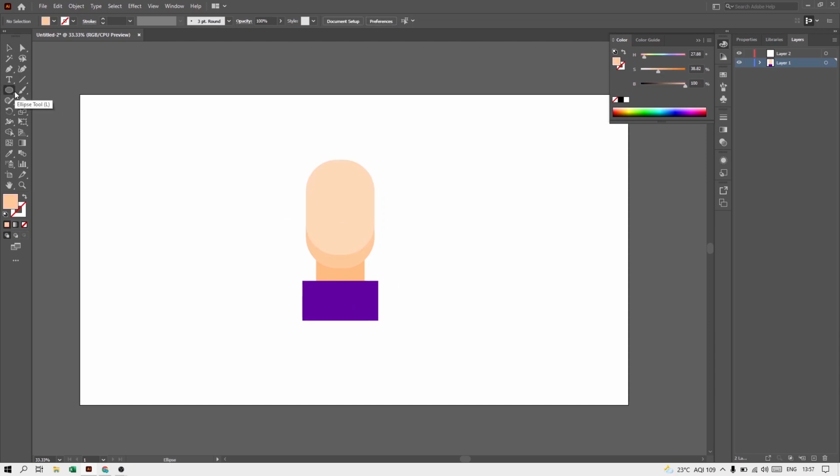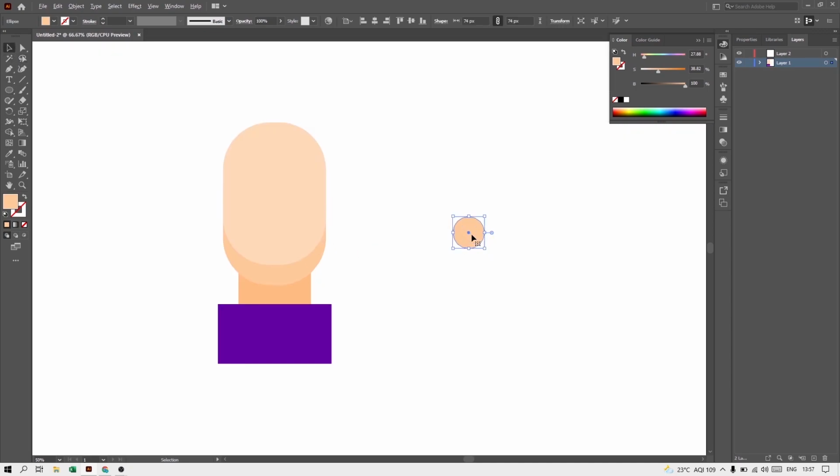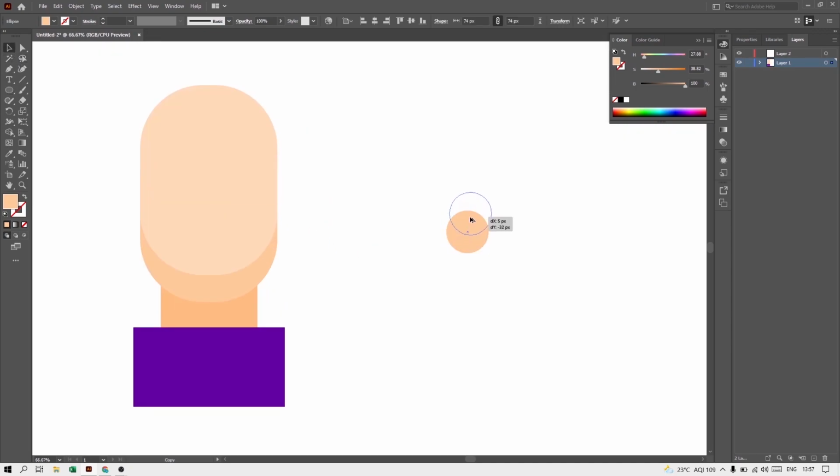To make ears, we will take this ellipse tool and press Alt and Shift together and make a circle. Now we will take the selection tool, press Alt and make another copy this way. By selecting all of this together, we will take the shape builder tool and cut this part. Now I will select this circle and change a color. For example, we will put something light like this.